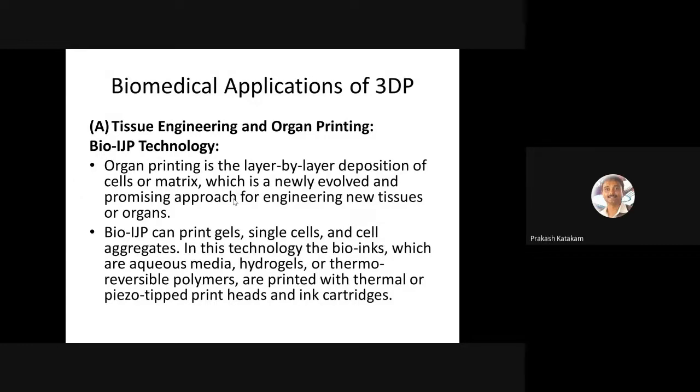Let us assume that one of our ears is cut off due to an accident. You want to replace the ear, not with a plastic ear, but with your own ear. So what happens? The ear is already lost, you don't have the ear. So what they do is they take the MRI scan of the right ear, and they reverse it so that it becomes the left ear. Okay, that is the 3D model, and that model will be sliced using slicing software, and it will be sent to the 3D printer.